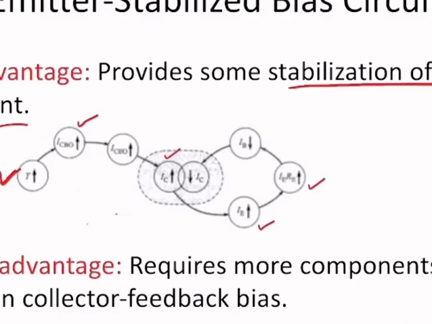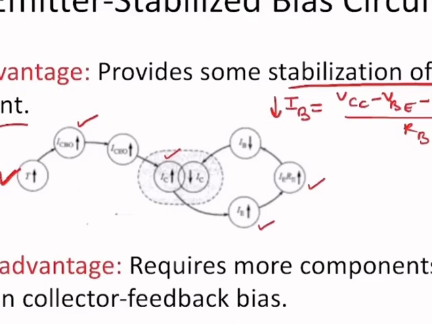As we had already found in the analysis of this particular bias circuit, when we applied KVL to the input circuit, we got IB is equal to VCC minus VBE minus IERE divided by RB. You can see from this equation, as this factor IERE increases, IB will decrease. It means the collector current that was increased by the temperature is decreased in this way.